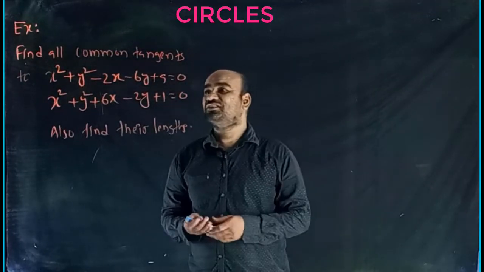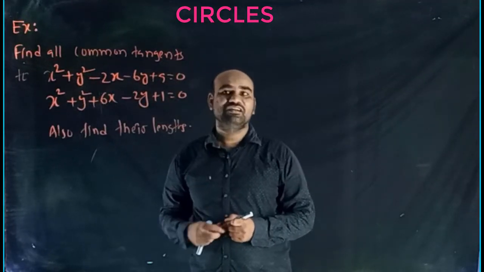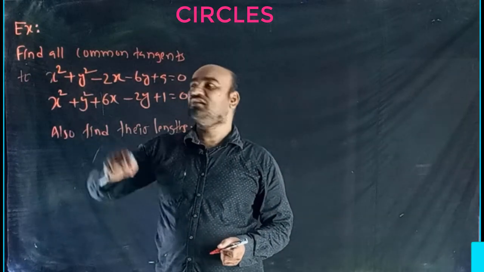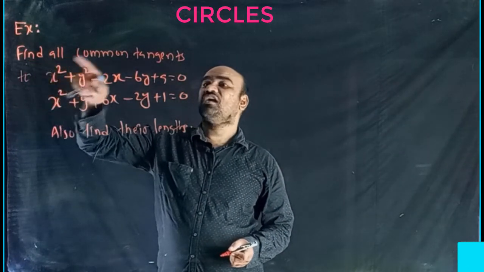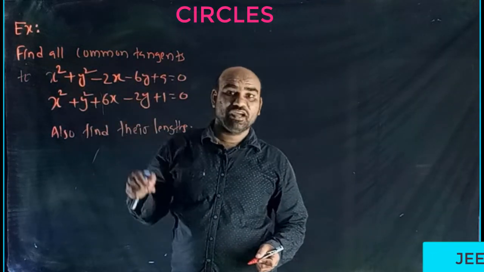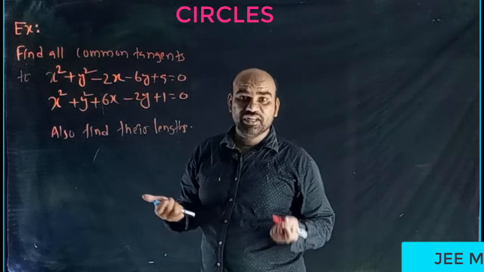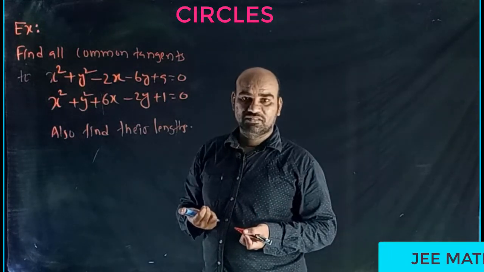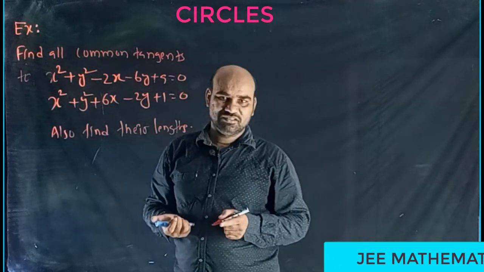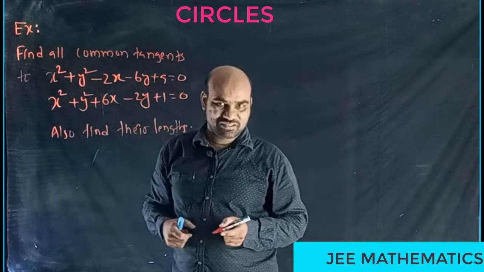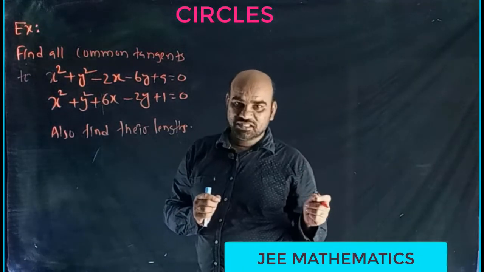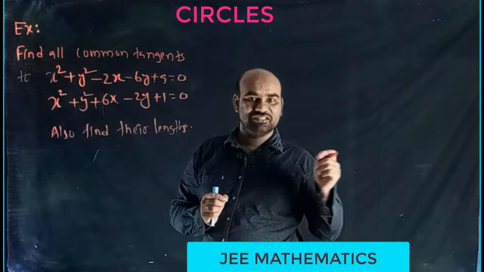Yes, students, this is the example problem based on the center of similitude. An interesting problem. Okay, important model: find all common tangents for these two circles. Finding all common tangents means you want to find their equations. How many exist, that we should find first. It means we should find the relative position of the circles first. We need the center of the first circle, the center of the second circle, the radius of the first circle, and the radius of the second circle.